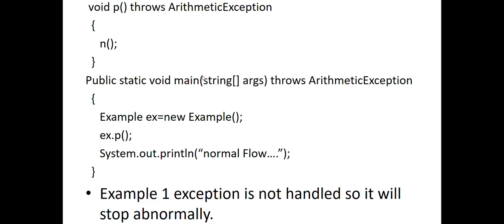And finally, I'm defining here that the main method also throws an arithmetic exception. In that, I'm creating the object of class Example and calling the p method, and writing System.out.println("normal flow"). But this program is not showing any output, and it will also not show the normal flow output. It will just keep that, because when calling the p method, p will call n,